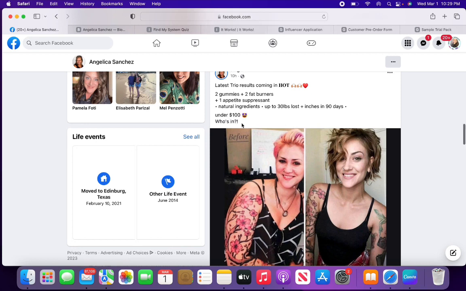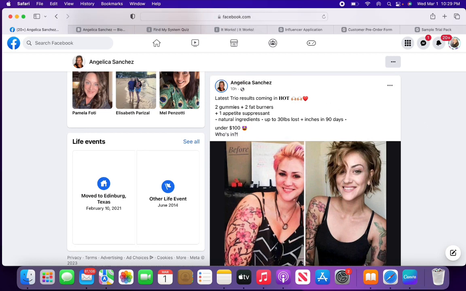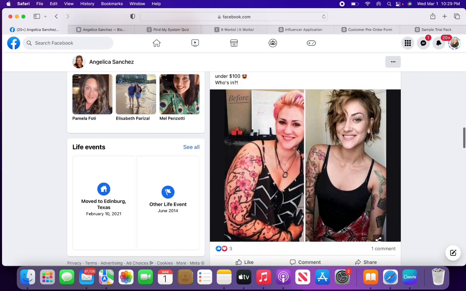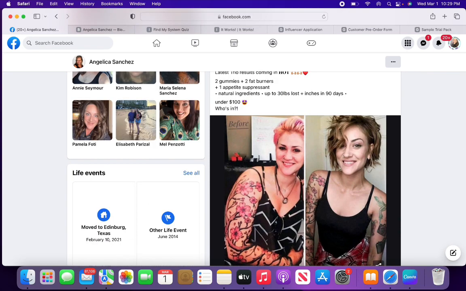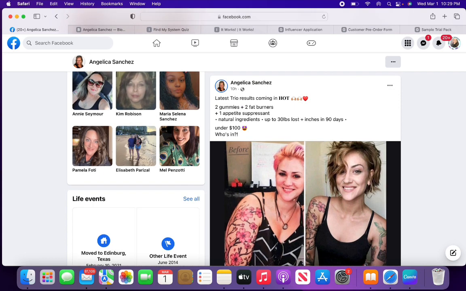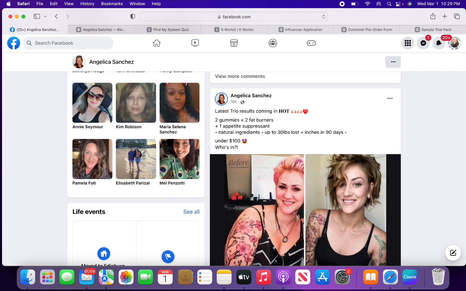Okay, so this one, now I'm blind reacting to this, guys. Y'all know I'm not a fan of before and after pictures because they are super spammy. They're typically plastered with company logos and company names. I don't mind this one. Not at all. It's a very nice, clear before and after. It is a gorgeous before and after, by the way. There is not a company name spammed all over it, so they're not going to see this and think, ooh, I love that, I'm going to buy it from someone else.